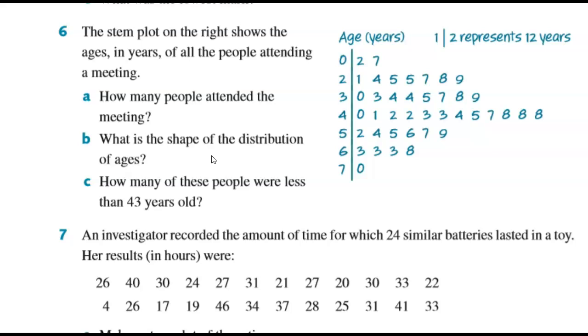How many people attended the meeting? Okay, so that just requires us to count. So we've got 1, 2, well, there are easier ways to count than doing that, but 1, 2, 3, 4, 5, 6, 7, 8, 9, 10, 11, 12, and so on. Okay, you can do that. What is the shape of the distribution? So this is what I was talking about with a histogram. Now, because this is in